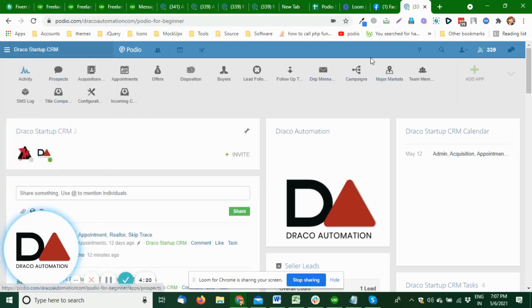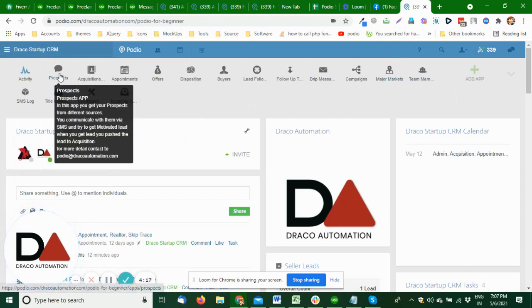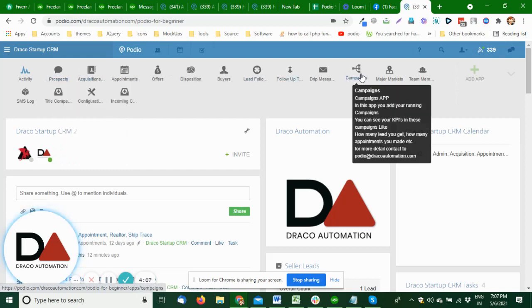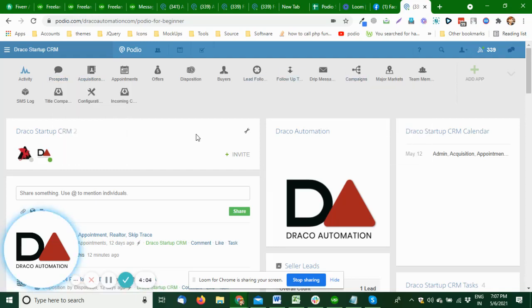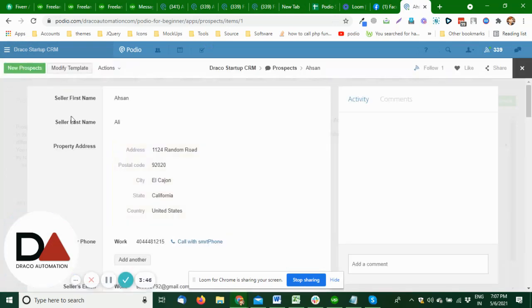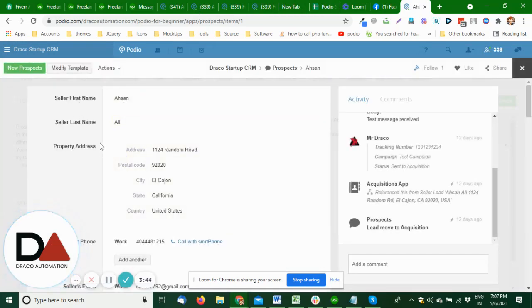So let me explain the apps first. In the prospects app, that's where your marketing list can be imported. Okay, and you can run the prospects from your campaign in the campaigns app. Or if you use built-in marketing tools like Roar, you can import your list in the Roar, and when your campaign is running, all your replies come in the prospects app, where you can communicate with your prospects and you can get your leads and push them to the seller leads or the acquisition